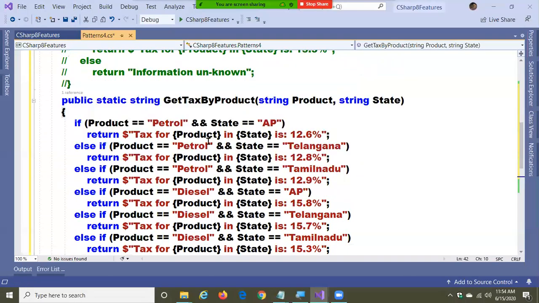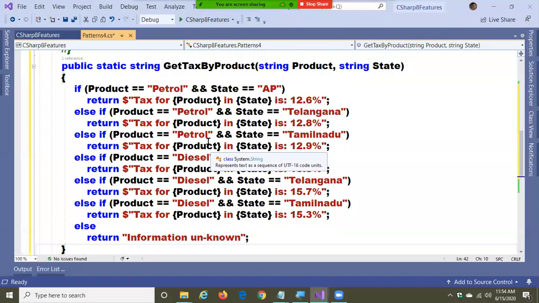Okay, I'll rewrite this code for you in a different style. Watch. Using pattern matching, we're going to write this code. So how do you write this code by using pattern matching? Okay, watch.